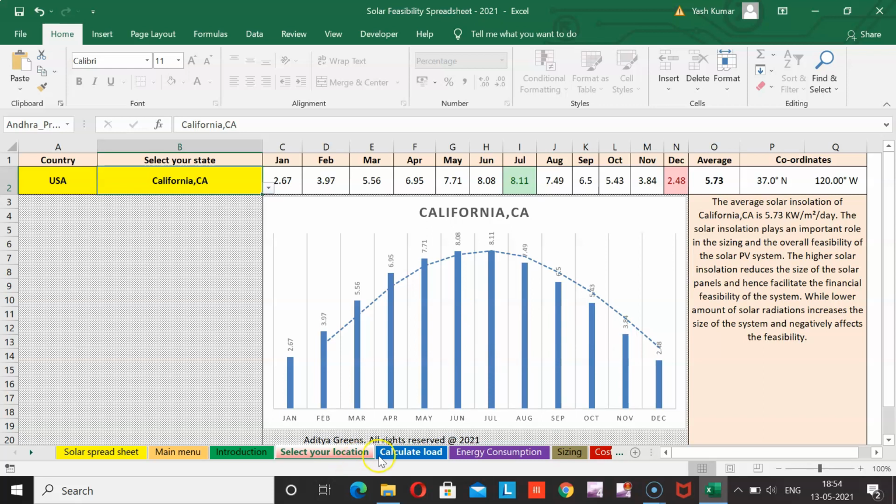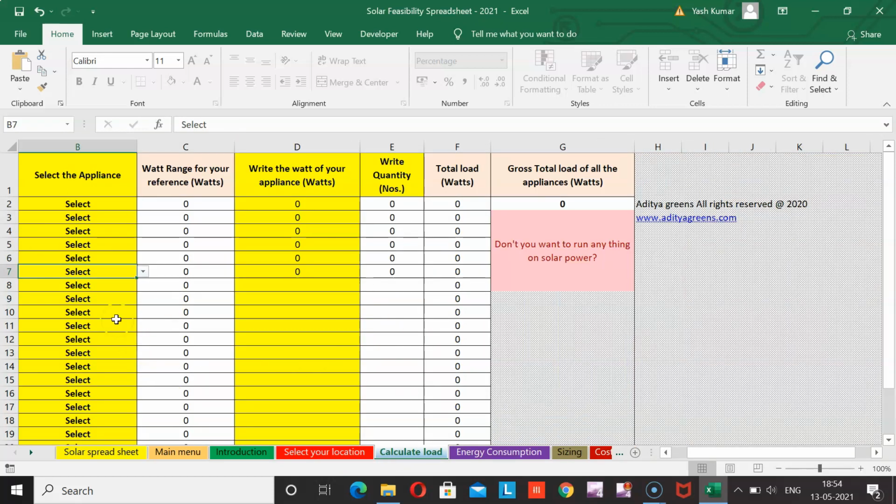So let us proceed further under the calculate load tab. In this tab, you will select the electrical appliances that you want to run on solar power. Say for example, I select ceiling fan, and under column C, you will find the watt range of that particular electrical appliance. Ceiling fans are generally 20 to 80 watts. My ceiling fan is 60 watts, so I have written 60 watts, and I want to run, say, 6 ceiling